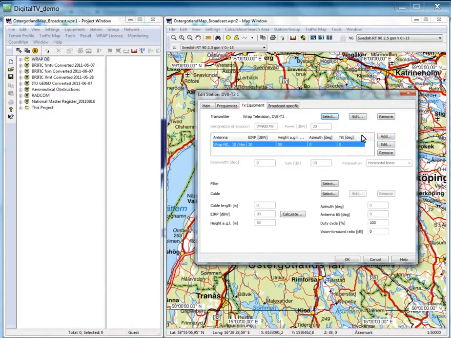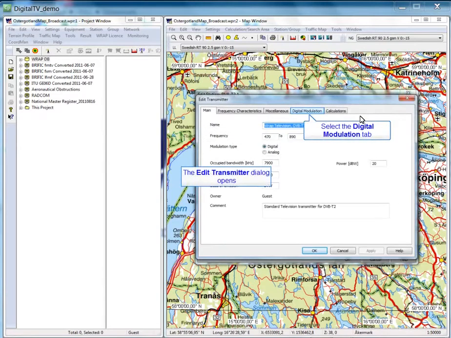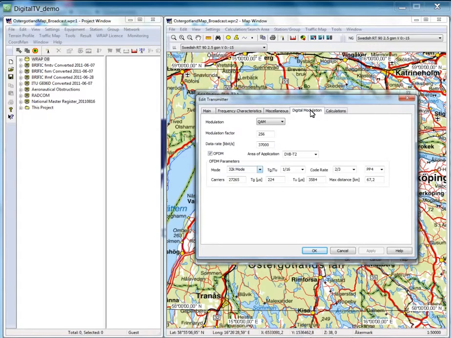The details of the parameters of the standard can be found as a transmitter property on the modulation tab. And in this case it is 32K mode, a selection of the DVB-T2 standard, TG over TU 1/16, giving me a TG of 224 microseconds, and this in turn defines the maximum